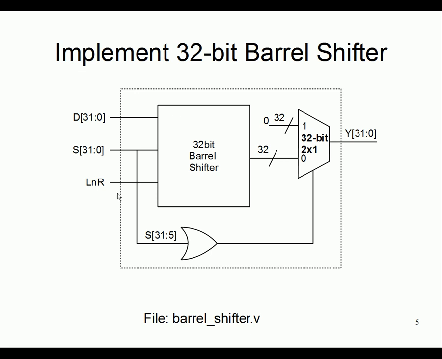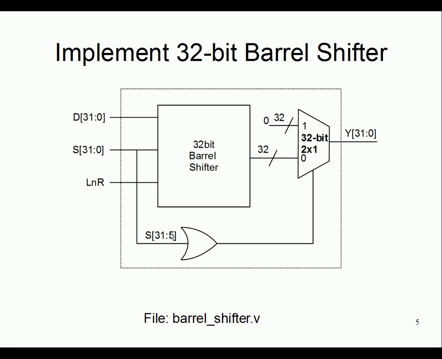So I take the 5-bit normal shift, but if any bit beyond the 5th bit is on, which means I am asking for more than a 32-bit shift, that will be reflected in this output. This is a 1-bit output,